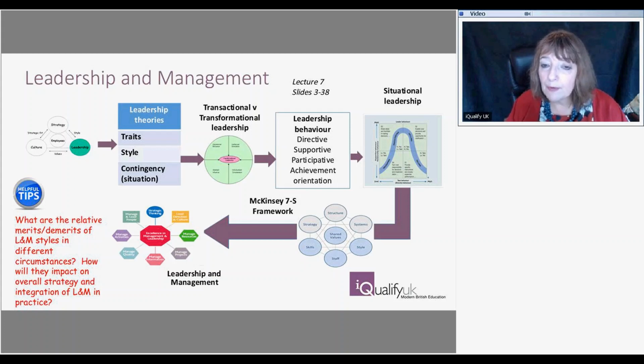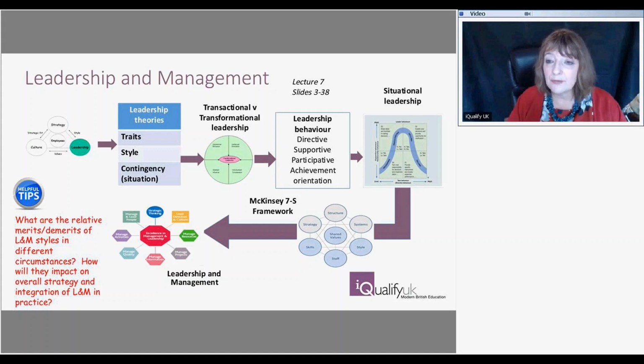And from that, you will recall, we then looked at leadership and management as part of the McKinsey 7S framework, where leadership was some of the softer elements and management was rather more harder elements. And our final slide in this particular session was about integration of leadership and management. You'll remember the different roles and skills that all leaders have to have and how they work together in an integrative process.